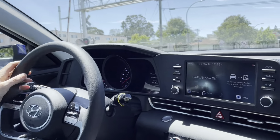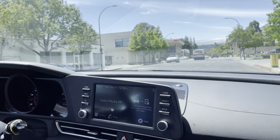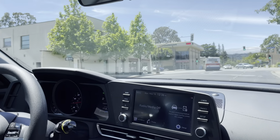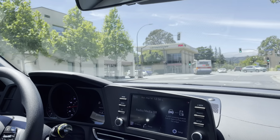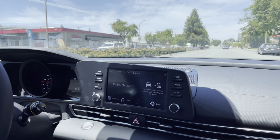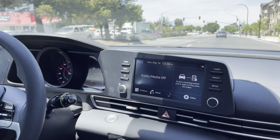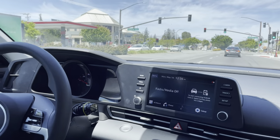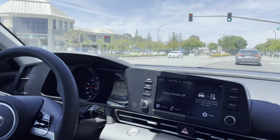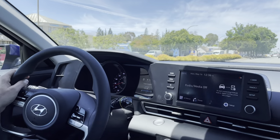All right, let's change the drive mode to sport. Green light, almost green. So I'm kind of flooring it. It's louder. I guess it's a little bit faster, but really not that significant of a difference. Again, yeah, kind of struggling,